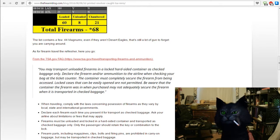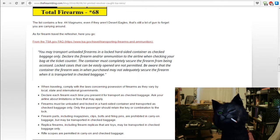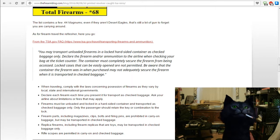But the way that it works, basically, it says right here, when you're traveling, you have to have your gun in a TSA-approved travel container, and it can't be in stowed baggage. It has to be in checked baggage. It has to be declared, and then you have to be mindful of the city that you're arriving into, because